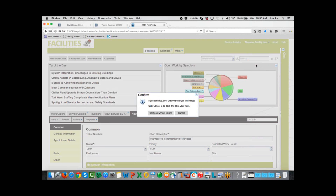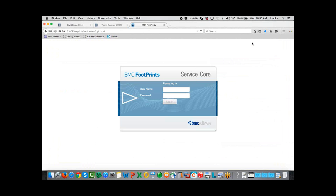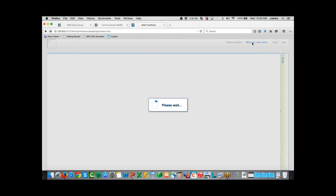We talked about before with BCM. It is more of your administrator and IT manager view. This here, as far as Service Core goes, is everybody's view. So not only will your users use it, but we'll use the same interface, or the same portal, to go in as the users of the product. So I'm going to log in, and I'll get a different look and feel of my portal as well,